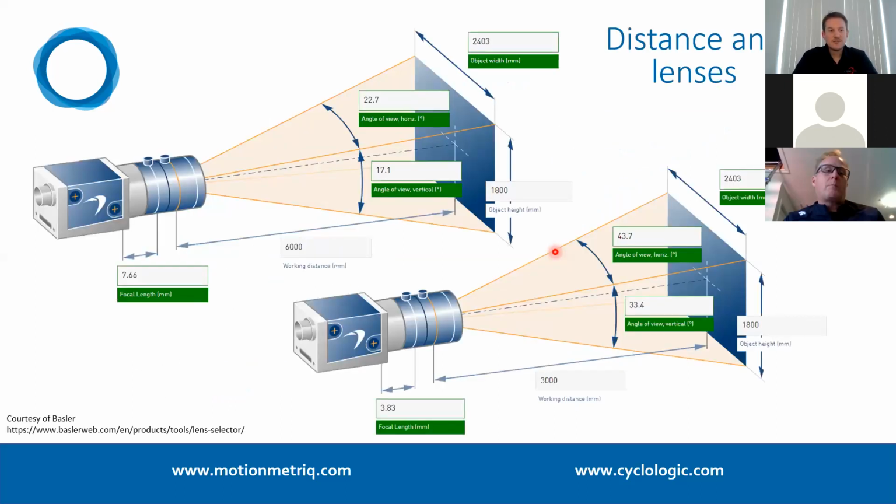So this is taken from the Basler website. Basler are a big camera manufacturer in sport and exercise science, and this is a tool that they have on their website that helps you select lenses. And lenses are really important because they can help you fit into a certain space. So what I've done is input, you don't have to input all of this yourself, just the distance between camera and rider, and then the size of the capture area